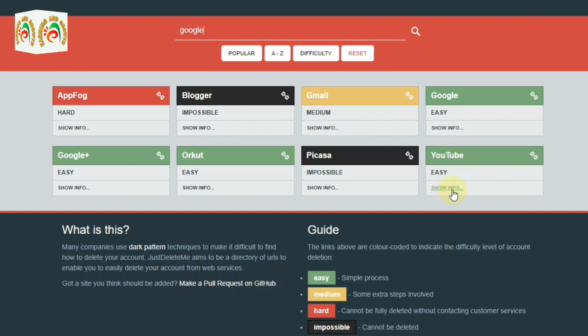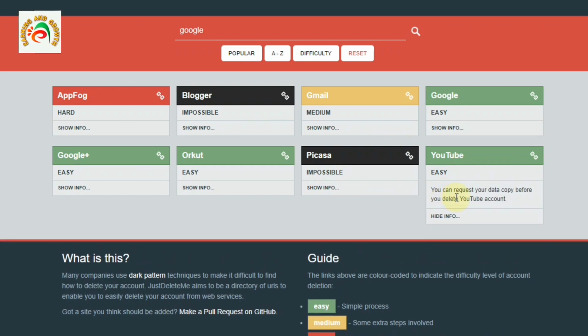And you can see here that if I want to delete my YouTube account also, they are showing the information. You can request your data copy before you delete your YouTube account. So easily you just click on the icon, so it will redirect you, so you can easily delete any account